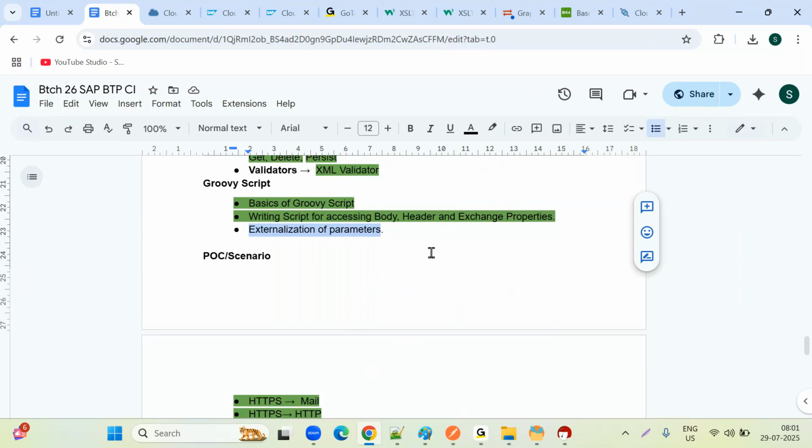Externalization is nothing but, if you're already working on any programming language, we create a property file, right? If you are moving the code from development to quality, or quality to development, you will change the property file to connect with the target and source applications. The same way the externalization will work in CPI. It's important. I will introduce why we have to move these objects from one environment to another environment,